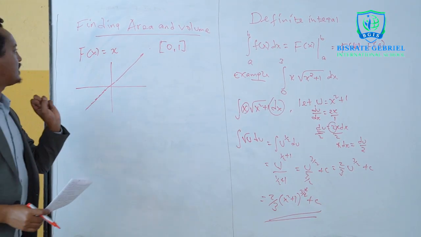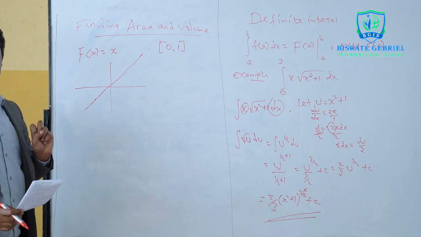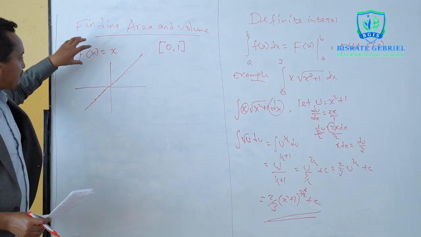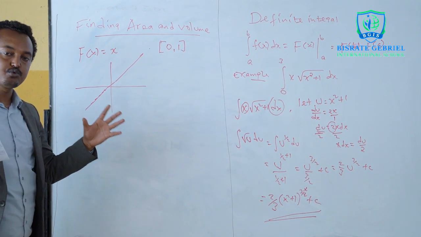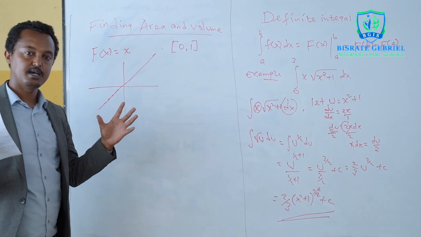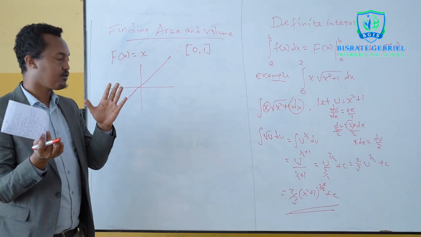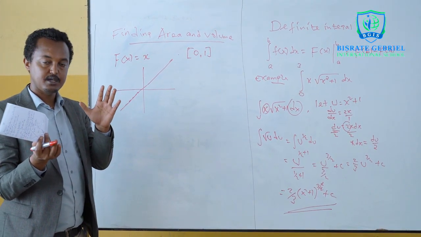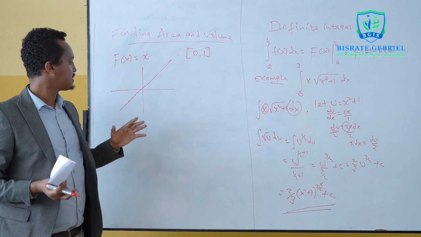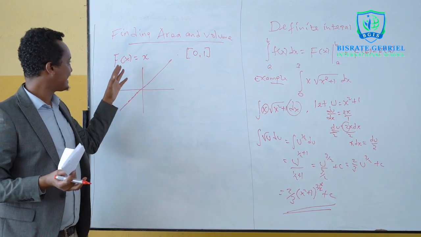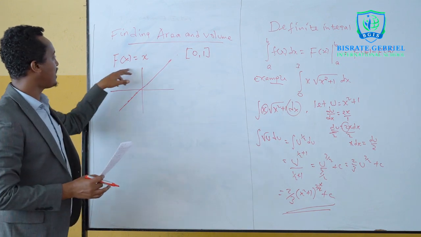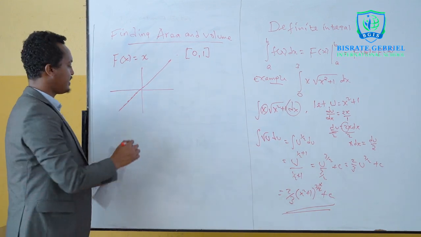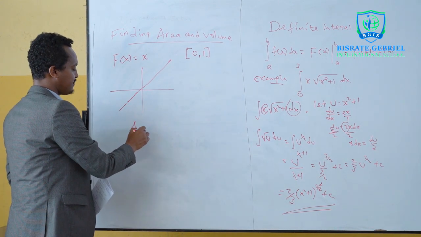There are two ways of asking a question of area. That is, the area between a function and the x or y axis, or the area which is formed between two curves. When you have two functions, we can form a kind of area, a region. So you are asked to find that region, or sometimes the region between the function and the axis. When you have only one function, to find that area, you just have a simple formula.